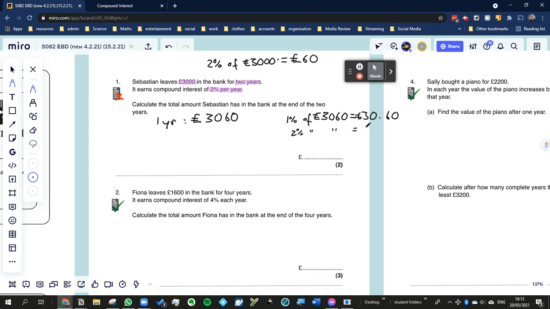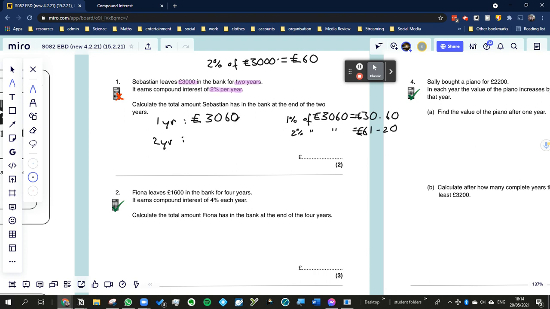So 2% is going to be, well, it's going to be 61. £61.20. So before it was £60, but the second year he gained an interest of £61.20, and that makes sense because he's got more money, and so the interest is going to give him more actual money in reality. So we're going to now add £61.20 to £30.60. So after the second year,